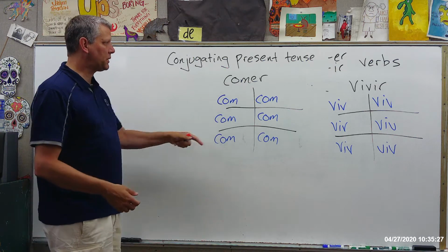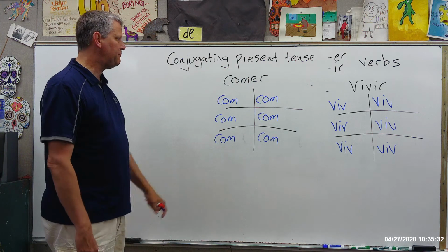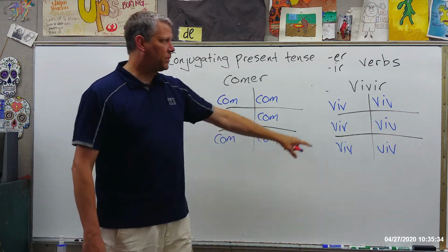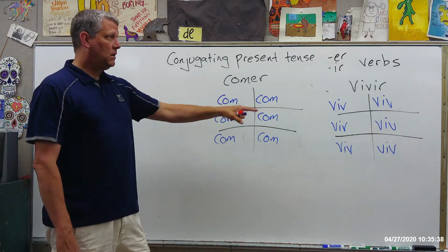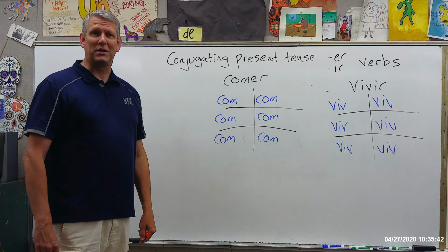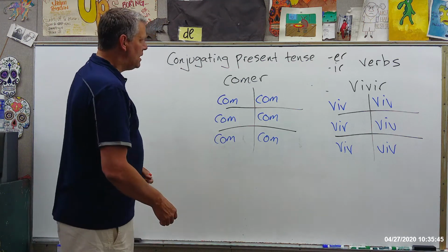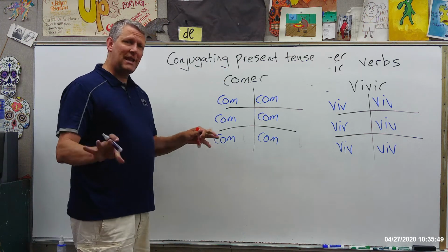So, first step, and by the way, this is also in the present tense. Okay, present tense. Remember that. We're going to be using the verb comer, and we're going to be using the verb vivir for this. Comer means to eat. Vivir means to live. And the main reason I chose these two verbs is because they're short. Yeah, I'm lazy. Anyway, so in order to conjugate an ER verb, just like with AR verbs, you're going to